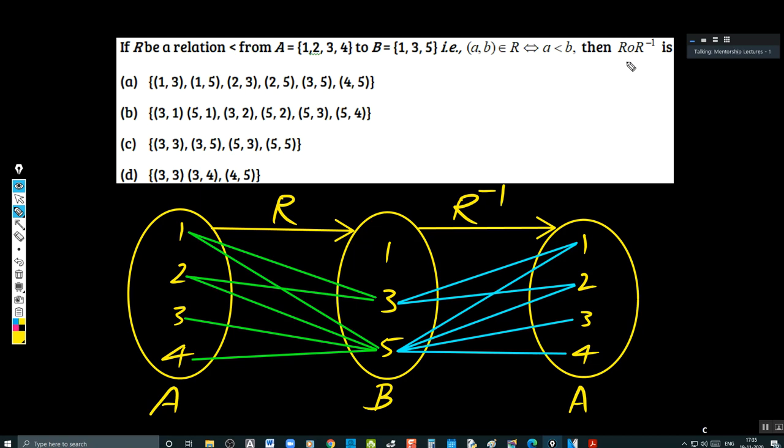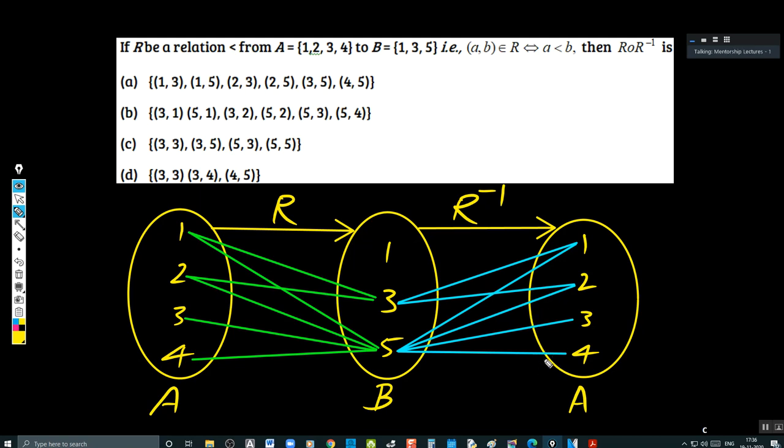What is that we need? R inverse, we need RoR inverse. What is that RoR inverse now? Just now we have seen. See the continuation there. Which option did we get the answer? C. 3. Just if you see carefully,